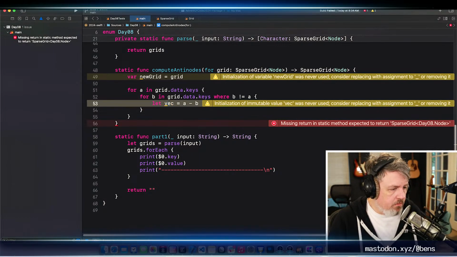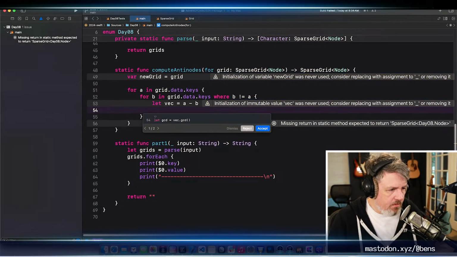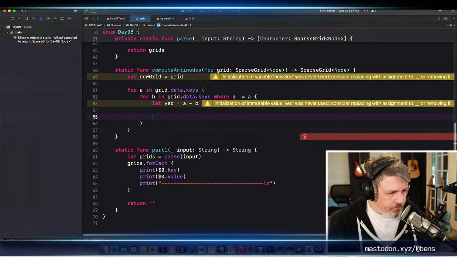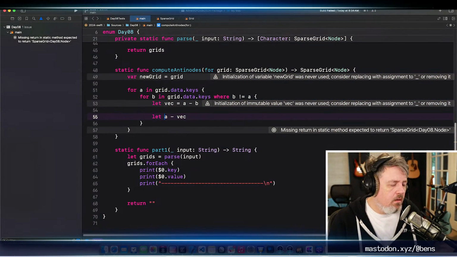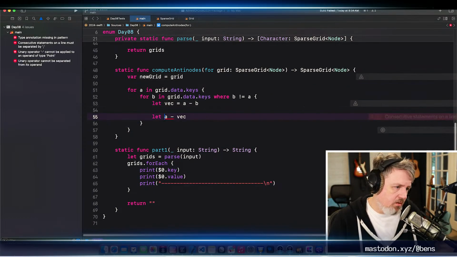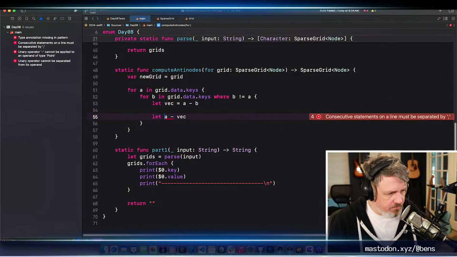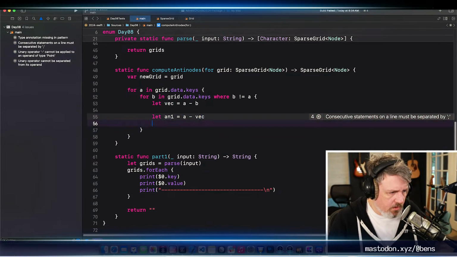Okay, so if I take A minus this vector, this is going to be, I don't know, C and D for possible antinodes. We'll do AN1, and AN2 is B plus vec.